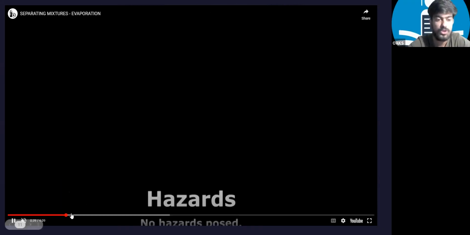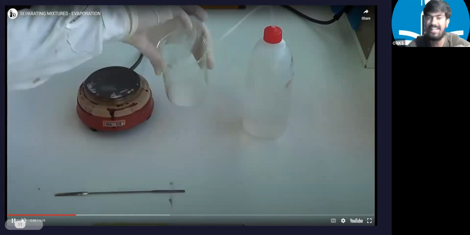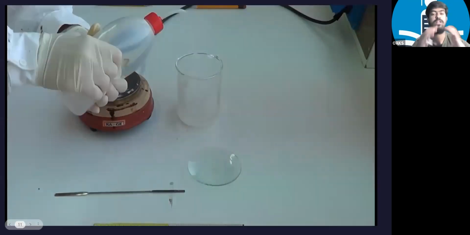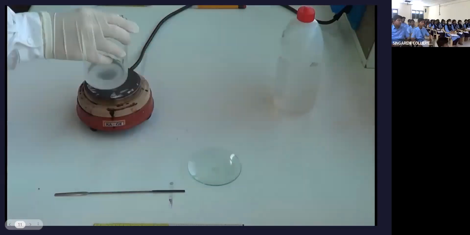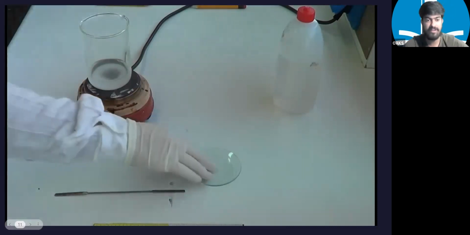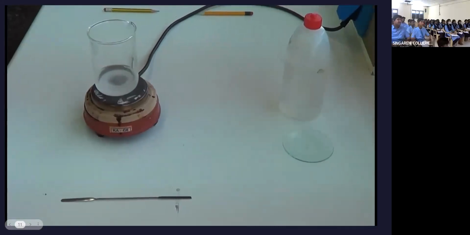That's great. So now let's see what we are going to do here. First of all, we are going to take a beaker, and in that beaker, we are going to add salt and then the water. Okay? So we have created a solution. Salt and water solution has been created. Now, we are going to heat this mixture. Basically, we are going to boil this mixture, right? And if we are boiling above 100 degrees Celsius, then what will happen? The water will evaporate or not? Yes.